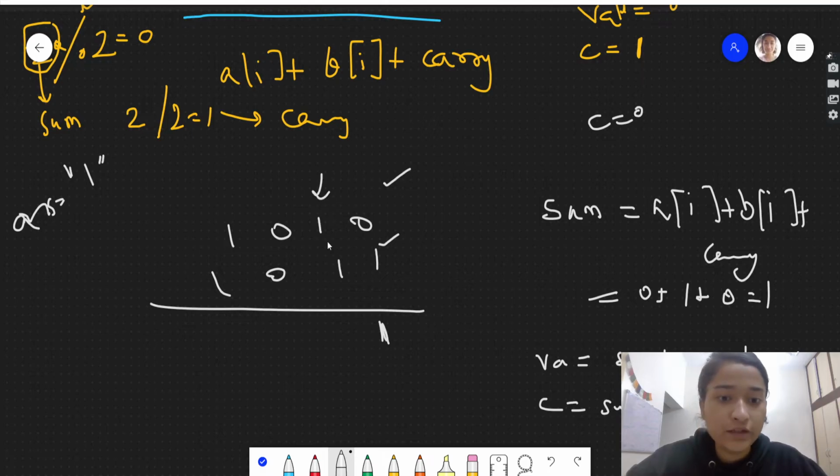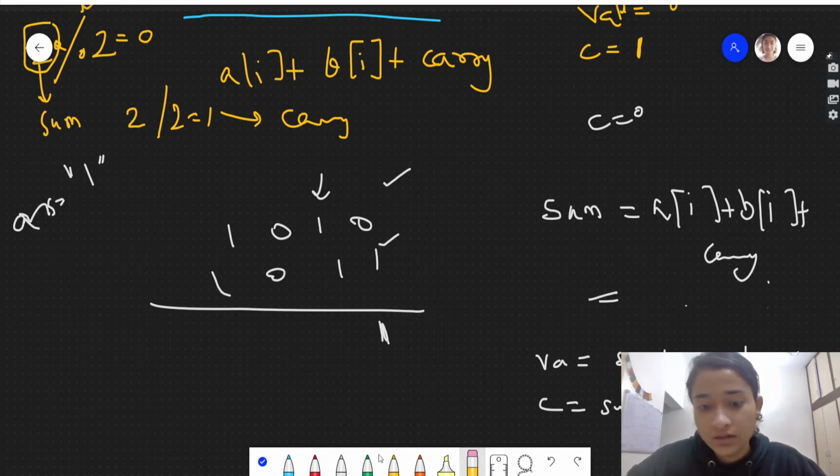So go forward now, we go here. Now our sum: a of I is 1, this is the a string, and this is the b string, b of I is also 1 and carry is still 0. So this will become 2, 1 plus 1. Now the value will be 2 mod 2, which is 0.